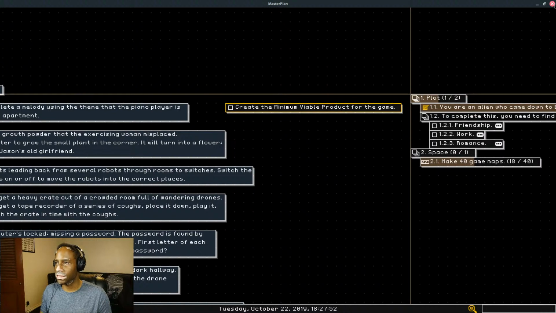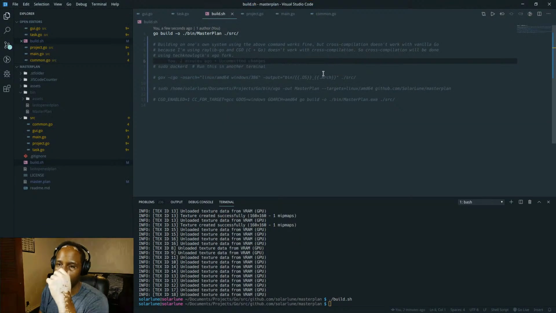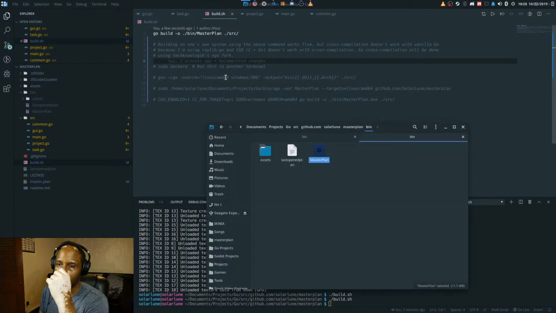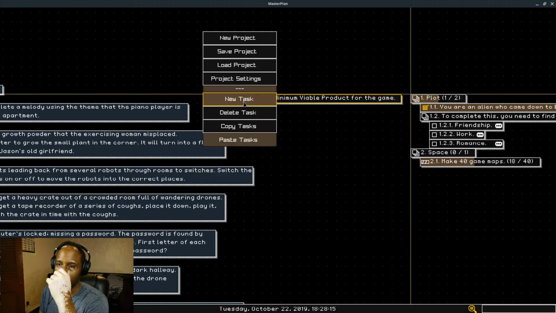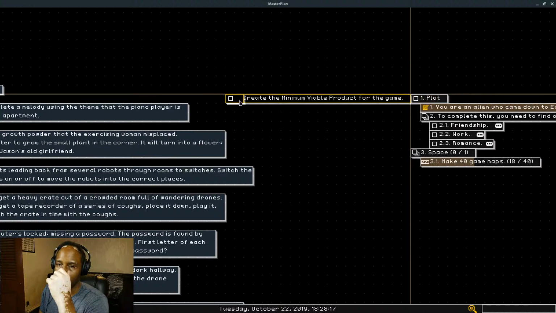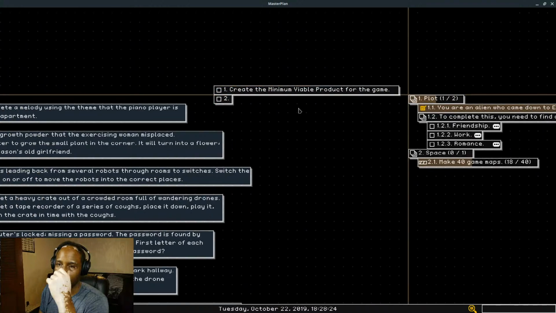So basically, the idea is that if it's a minimum viable product, you can complete the game from start to finish. Actually, let me go back because I want to see what that entails. I need to go over here and run this. Okay. So we'll do this. Create a new task. Oh, it's because it's touching this. Let's move this out of the way. There we go.